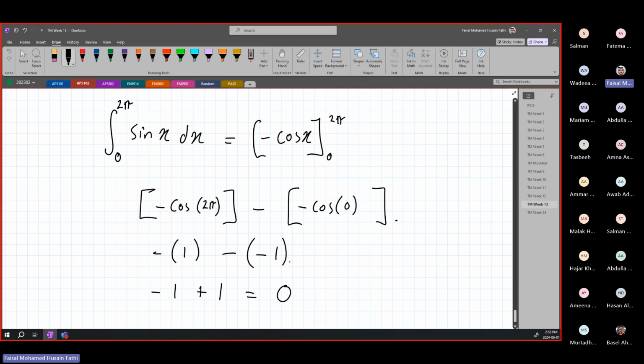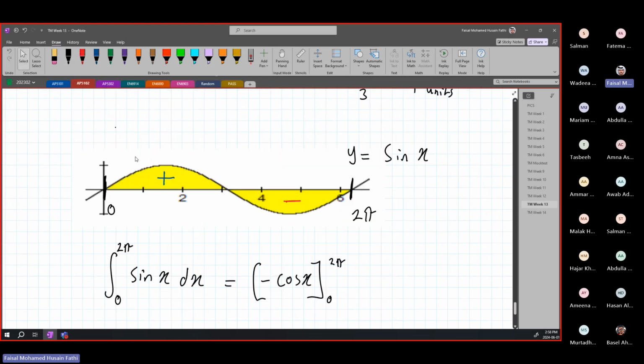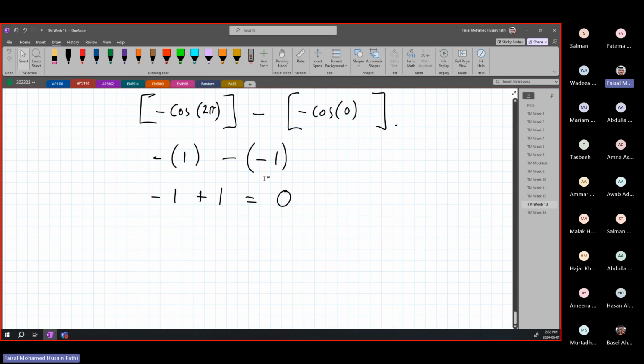Why is this 0? Like I said earlier, it's because we have a positive area here and a negative area here. So when you are adding these two together, you are canceling out the area if they are equal. And because this is a sine wave, they are actually equal. No need to know too much about theory, but the idea here is you can get a 0 area if the top part is canceling the bottom part. This is why our area is 0. So this is actually correct.